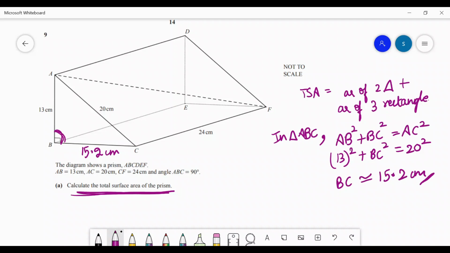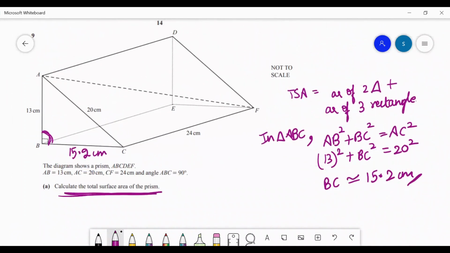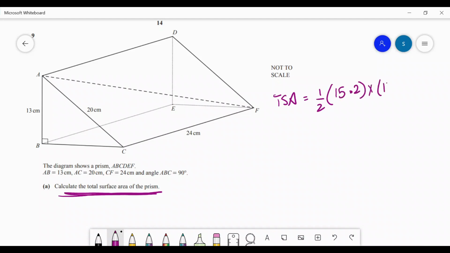Yes, so now since we got BC, we can calculate the area of each side and then add them up. So let me just do that. The triangles here, by the way, are identical. Triangle ABC and triangle DEF, they're identical. So I'm just going to take the area of one triangle and multiply it by 2. Total surface area is equals to half into area of triangle ABC, base into height 13, and I'm multiplying it with 2 because we have 2 triangles here which are completely identical